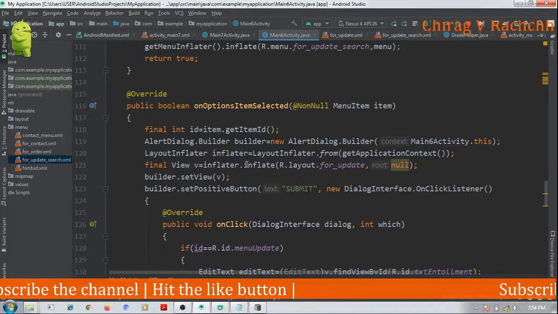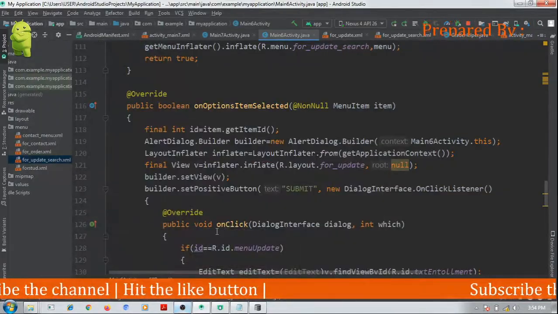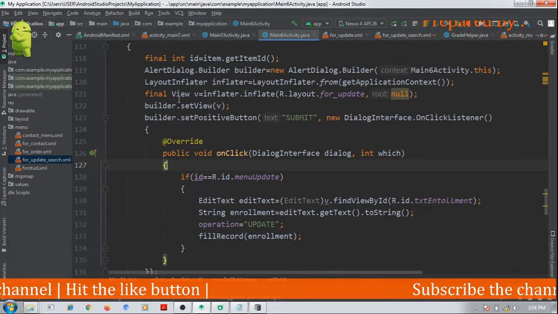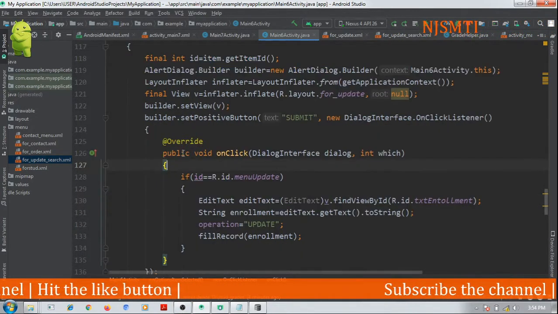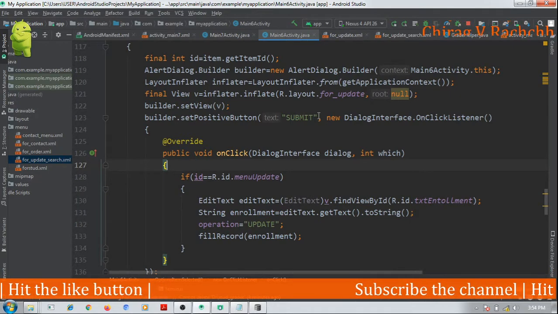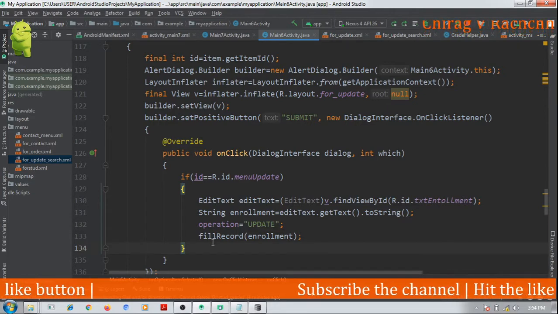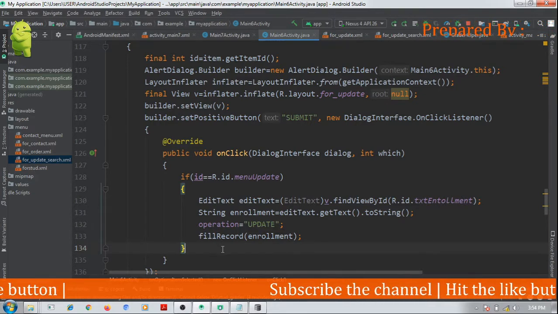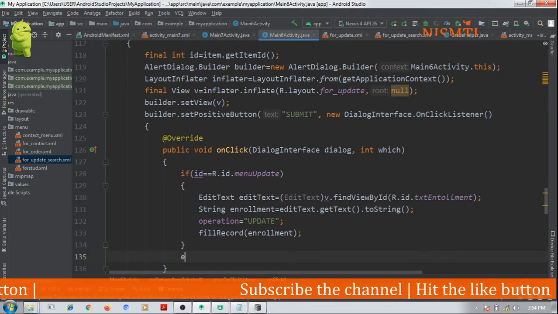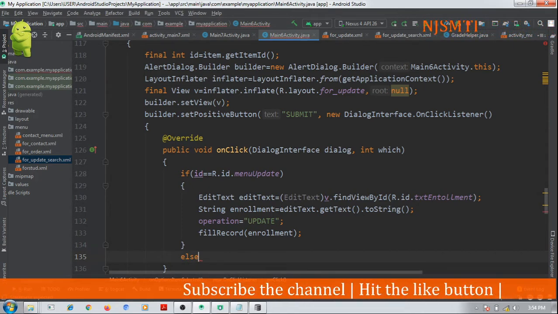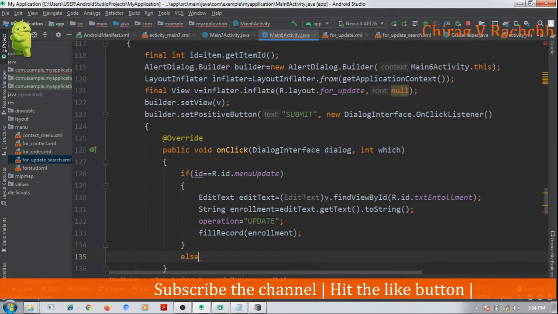Yeah, for searching, let's move here. As I told you, for searching, we need to ask the user which record he wants to search. So on options item selected, we have to ask the client for entering an enrollment number. Okay, this is for searching. So when the client clicks on update, now see,